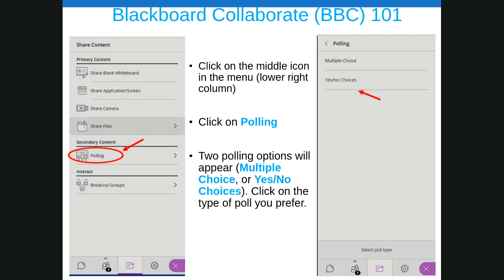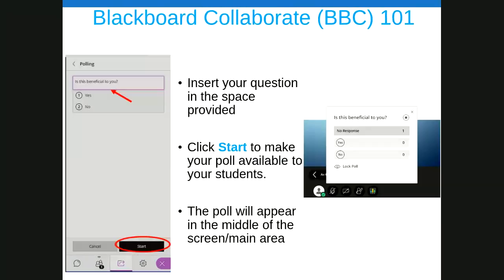Hopefully someone is following the instructions and creating a poll as we speak. And you're going to insert your question in the space provided, as we see on the left side here. Somebody created it, and then you just click the necessary response. And I think you saw what the poll is like earlier at the very beginning of this session.